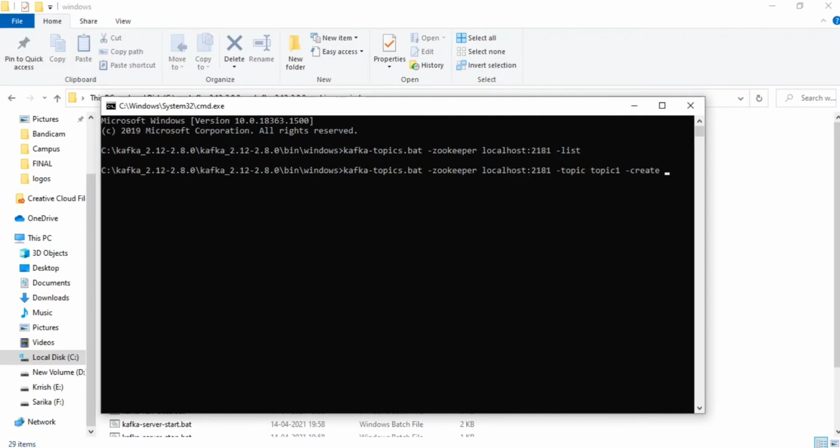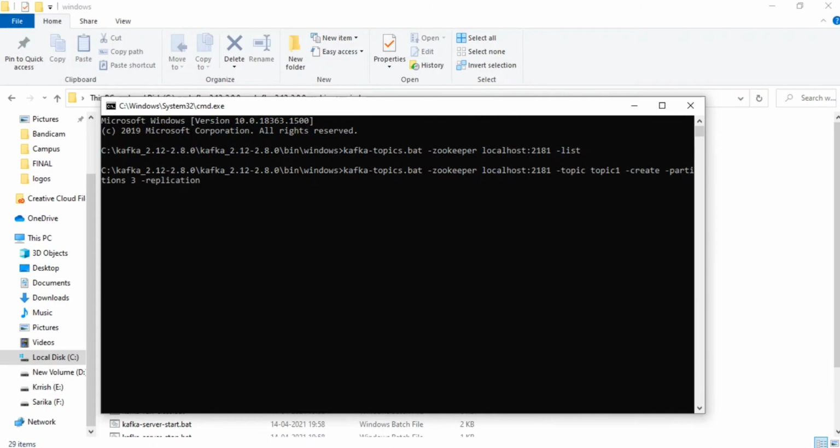Once you are creating a new topic, you have to provide partitions, because it will split your data and store it in different partitions, which can be on different nodes of this Kafka cluster. It's distributed, so you have to provide this. We always provide three in any multi-node architecture, so I will give the default 3.